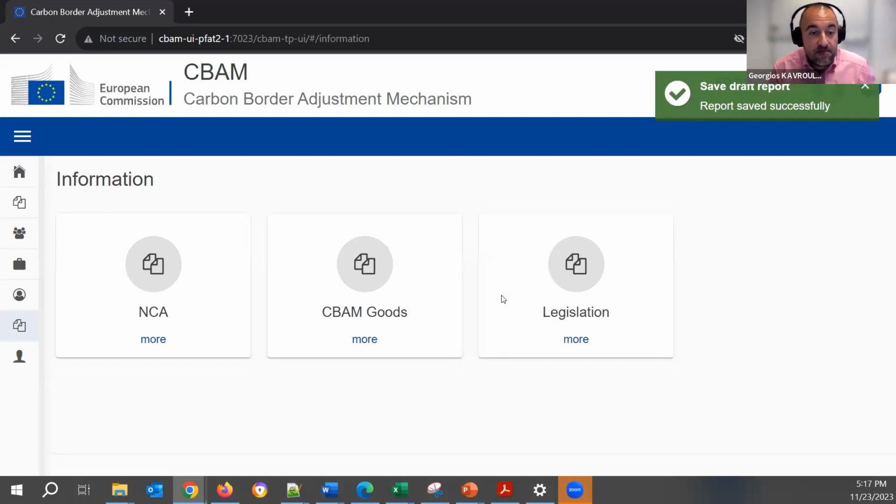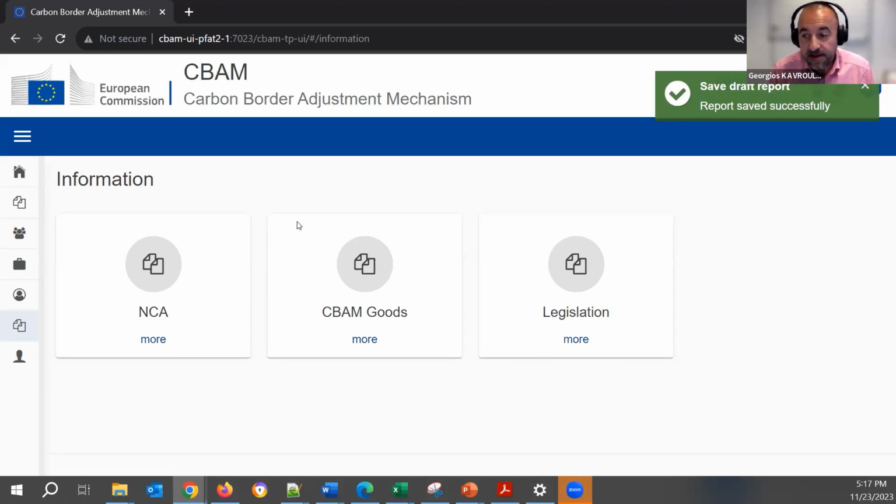There were also several similar questions about operators and installations. The third country operators, what we call operators, are the ones that are operating the installations where the CBAM goods are produced. This operators and installations registry in the CBAM Declarant Portal is useful for you just to save your frequently used operators, so as not to type them in again and again in the CBAM form. So this is for your facilitation, to make the CBAM form easier.